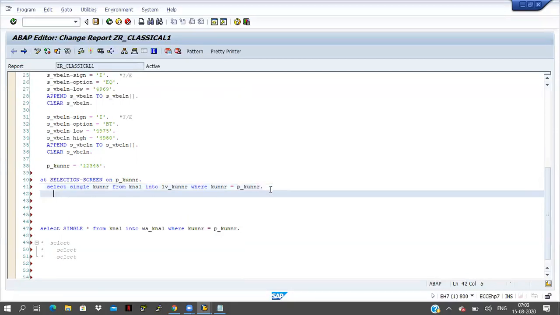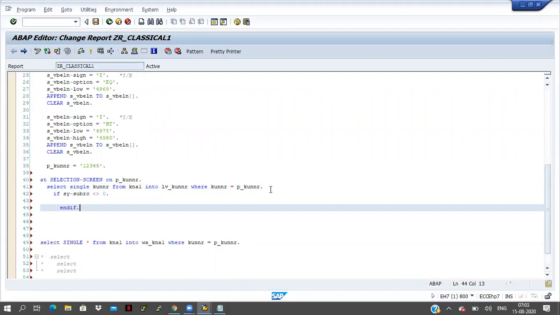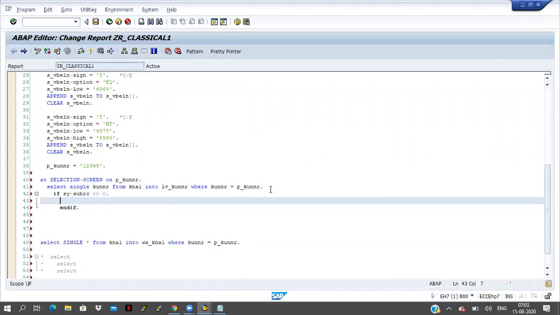Now here only I will check. If SY-SUBRC not equal to 0, I will send one message here.